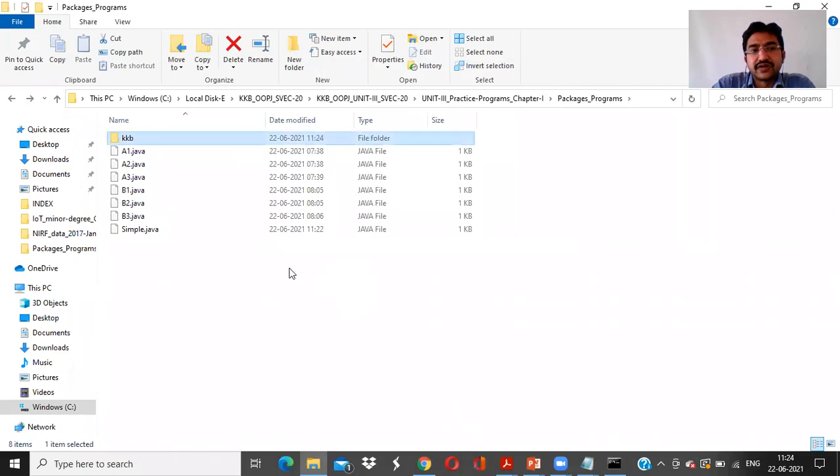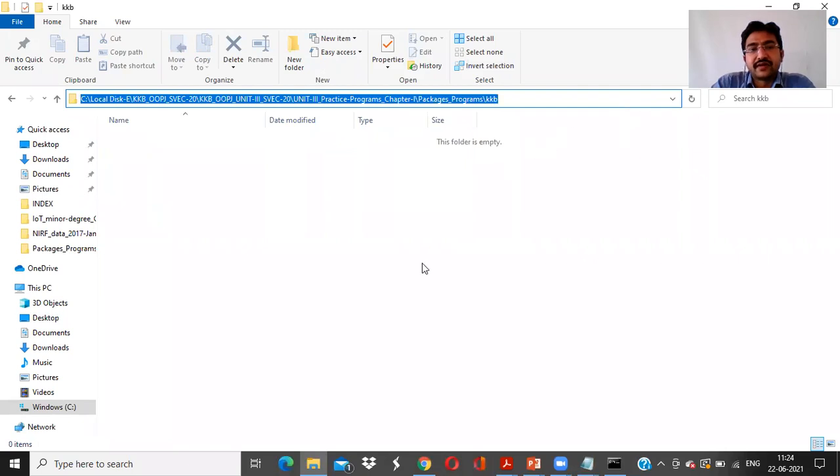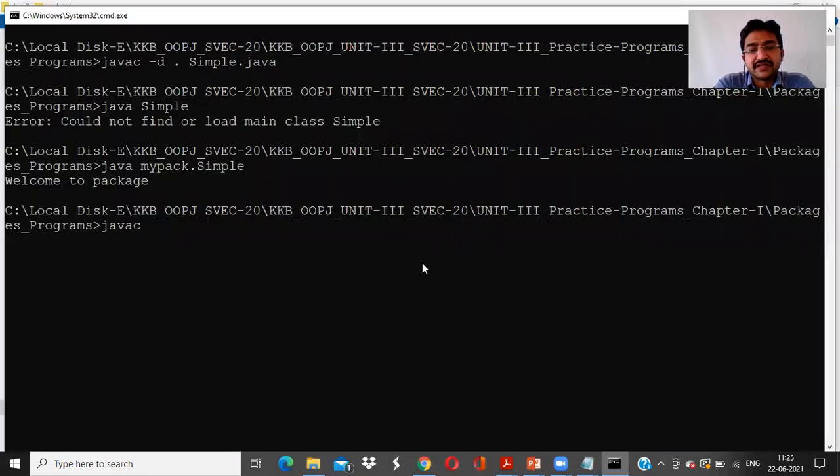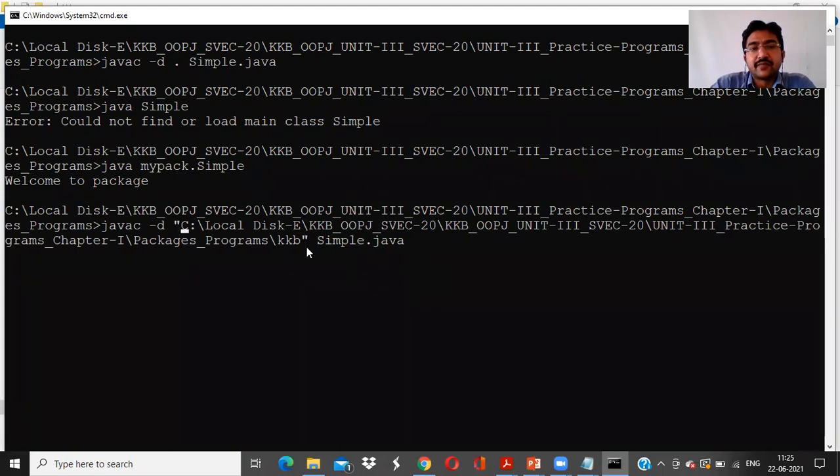If you want it to be stored in this one, how to compile is javac space minus d space, I just mention the path, then simple.java. You are compiling. So this is the path name. Instead of the dot for the current folder, whatever simple.class file is generated will be stored in this particular folder. Enter.